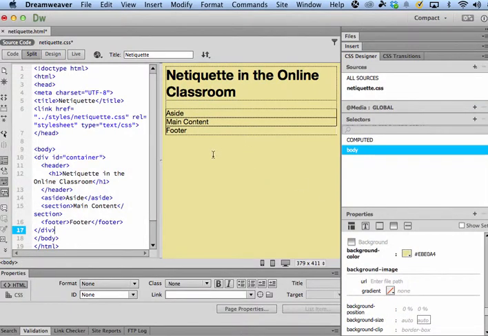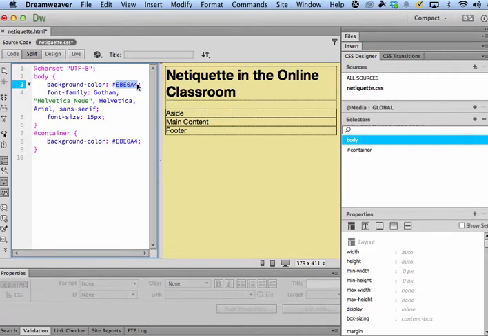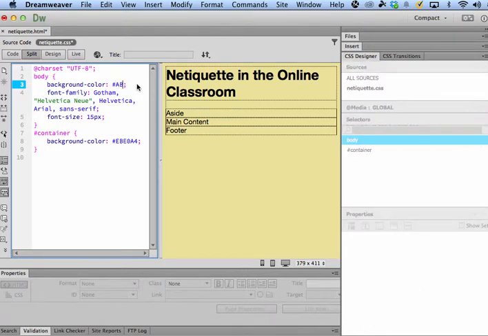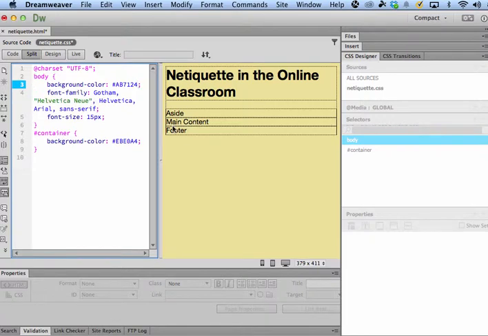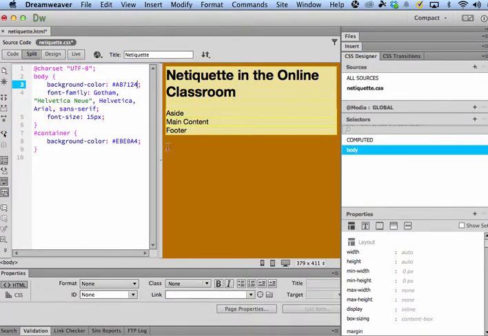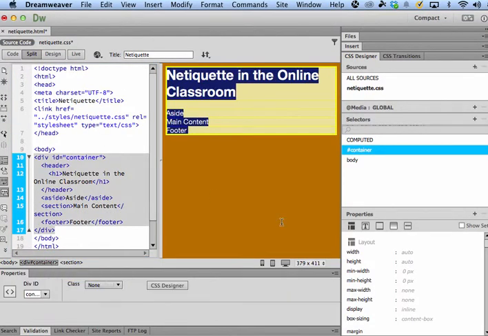Okay, so that looks right, but it also looks like my body might have been messed up. So I never am afraid to go over here and fix things from the code view. So I'm going to go to body, AB7124. I believe was what that should have been. And the thing is, you always have to be careful with your semicolons and everything. That looks good. So now I'm going to go back to source code. I'm going to make sure I have the middle selected, container, and I'm going to go down here,